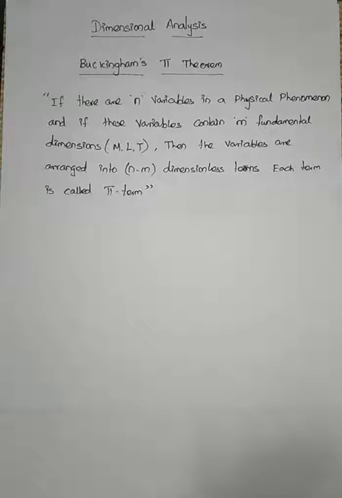I am assuming that my problem has 6 independent variables. Now you know the fundamental dimensions are M, L, T. So the number of fundamental dimensions is m equal to 3 and the number of variables n equal to 6. Then you can form that problem into n minus m, that is 6 minus 3, 3 dimensionless terms, that is 3 pi terms. Those 3 pi terms have to be solved in order to get the final result.